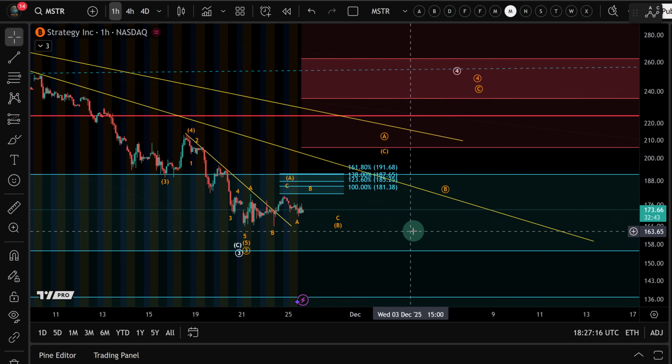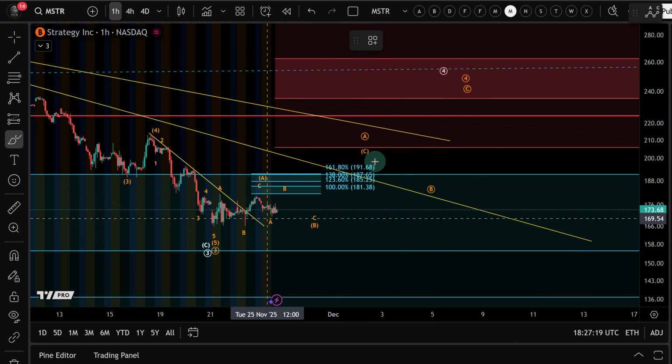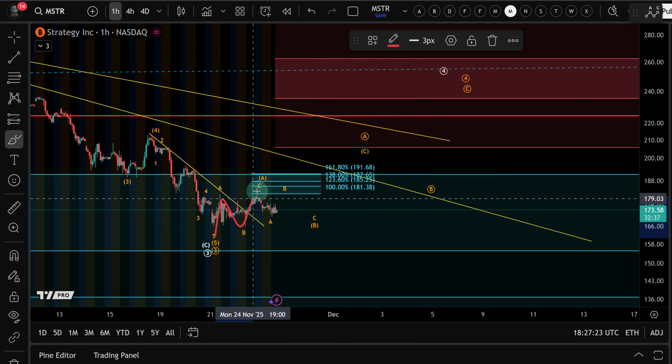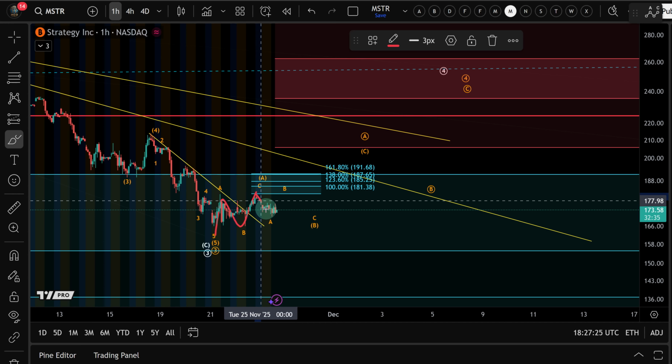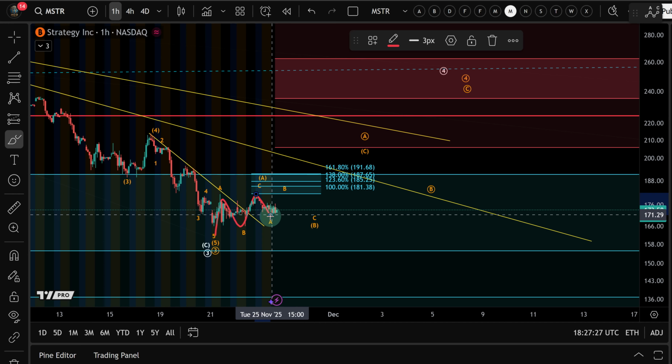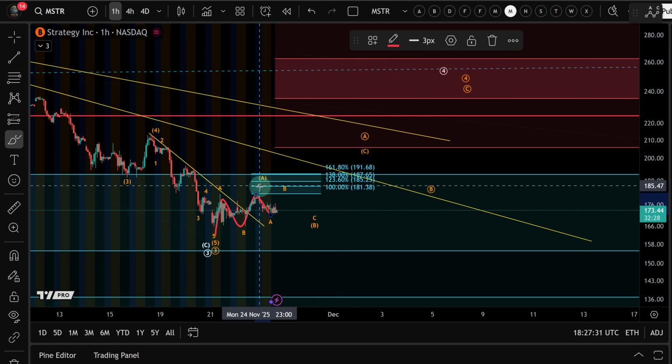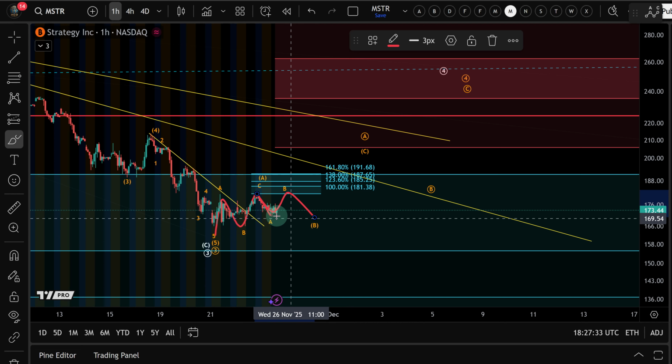And as I said, I show here how this could unfold, this bounce. Now, the initial move could simply be an ABC in wave A. This move down looks like a 5-wave move into today's low. So it might just be the A wave of the B wave. So 3 waves up in A, 3 waves down in B, which shows we could grind a little bit more sideways before the market makes a decision to turn around to the upside.